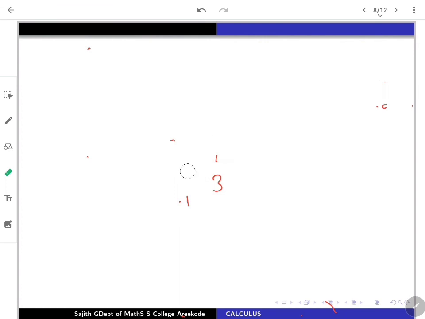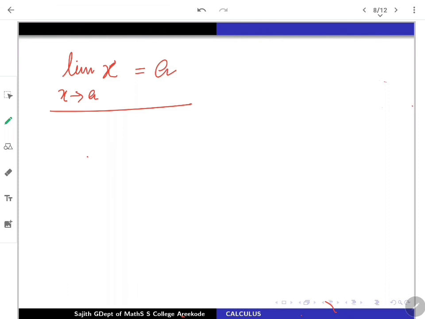But one more exercise one can suggestively do is to look at the identity function, limit of x. I may write, that is the identity function. As x is nearing towards some point, obviously it is going to be a. So how will you reform this? A precise way, how will you prove that?